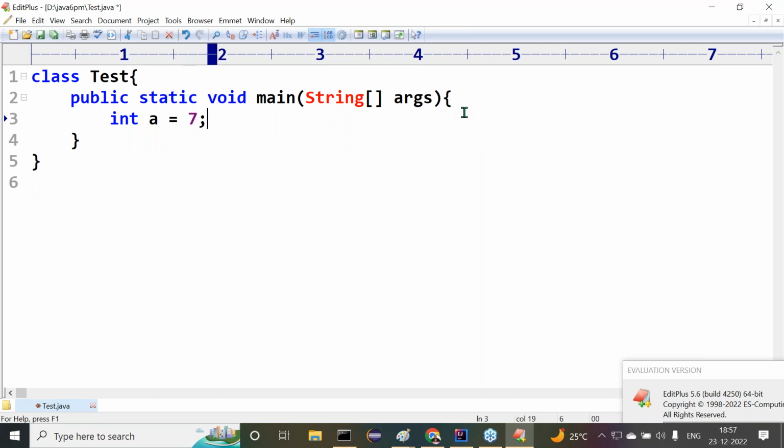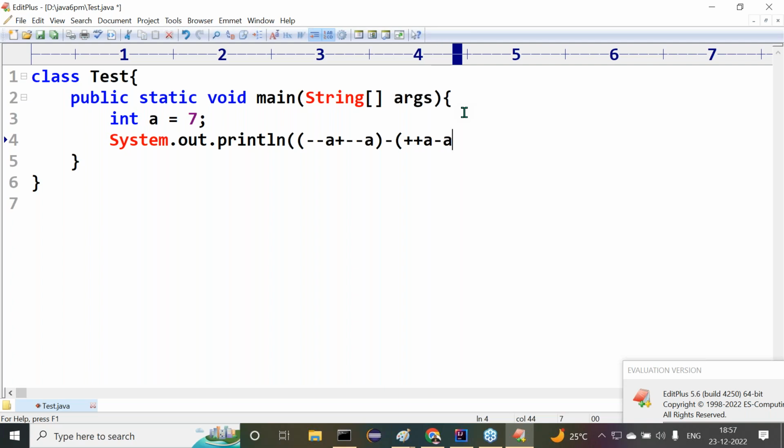int a = 7; System.out.println(--a + --a - +a - a + * +a - +a + a + -a);